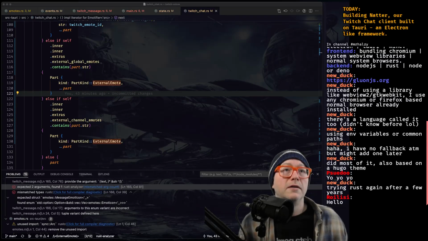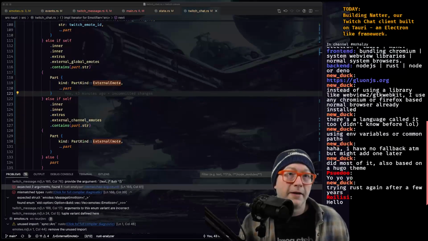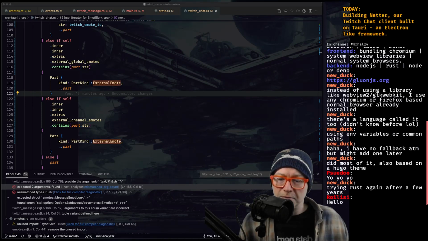However, it became obvious that other people could use it as well. So we added a little drop down at the top. I call it the quick command drop down, and it lets you switch between channels, join channels, leave channels, etc. And when you do that, you need to have emoticons that are specific to those channels. So right now we are separating these emoticons, dividing them by the channels that they are part of.